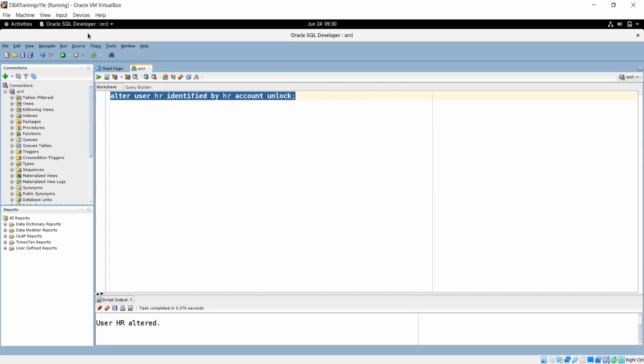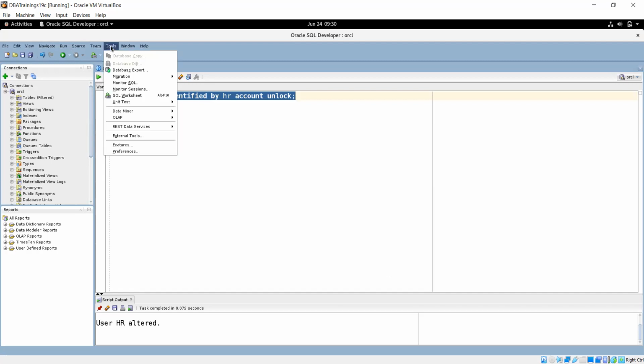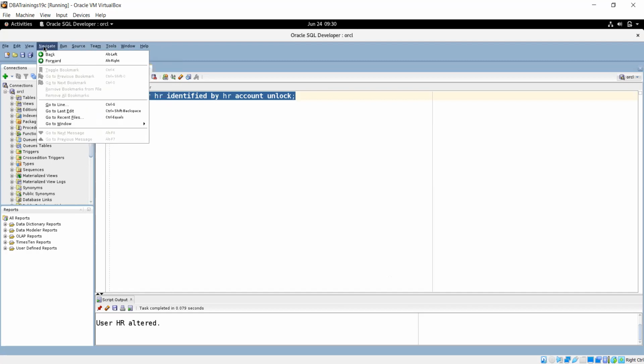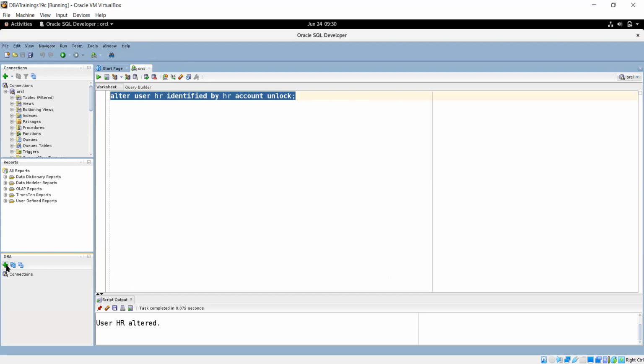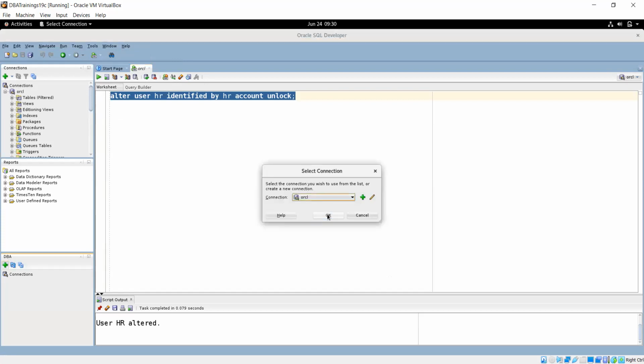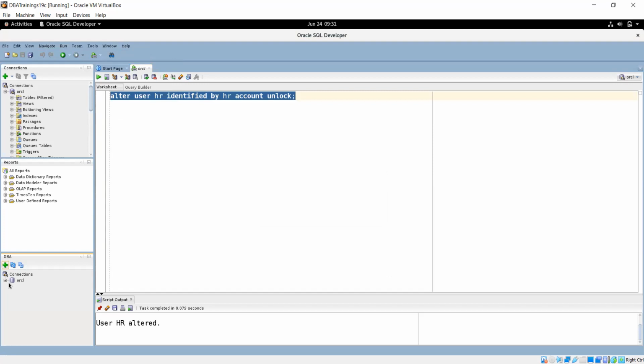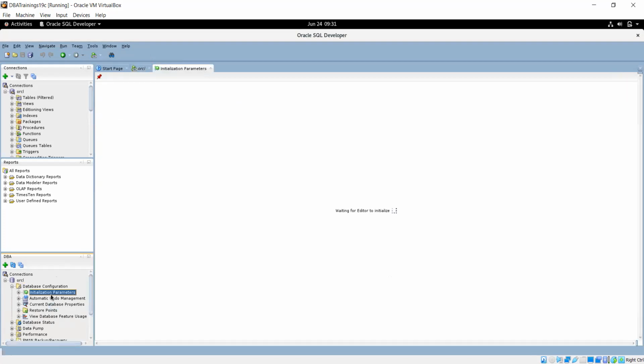Apart from that, the DB activity can also be done from there. If you go to the View menu, we have DBA. And then we will connect all the DBA related things like export, import, backup, changes; those can also be performed from here. Got it? So database configuration, if you check the parameters, you can monitor.